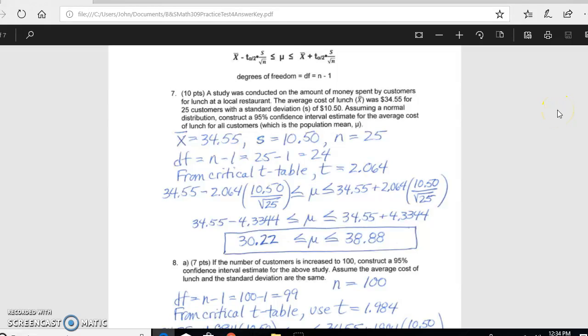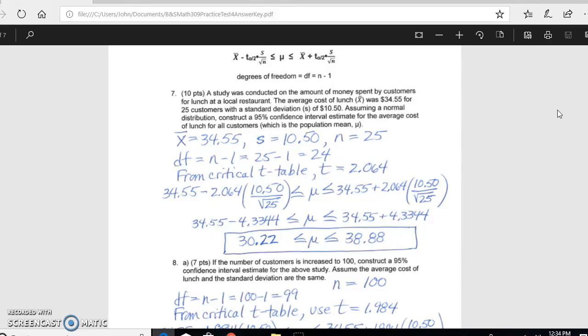This is practice test number 4, and here we are working on problem number 7. The problem reads, a study was conducted on the amount of money spent by customers for lunch at a local restaurant. The average cost of lunch, the X bar, was $34.55 for 25 customers with a standard deviation of $10.15. Assuming a normal distribution, construct a 95% confidence interval estimate for the average cost of lunch for all customers,